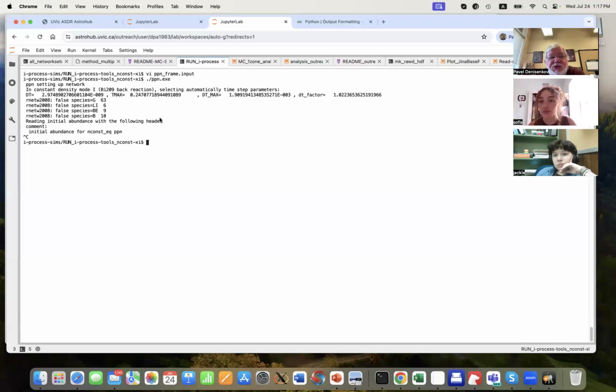Otherwise, I have to play with these parameters. This one is just the first integration time step, dt 10 to the minus 9, the very first. This is the estimated maximum integration time. This is the maximum allowed integration time step, okay? And this is the factor by which we can increase or decrease the time step at each integration step.